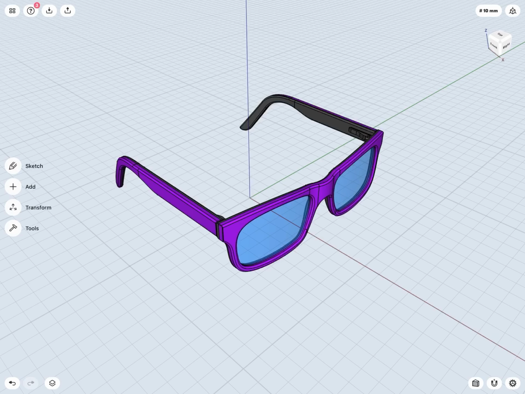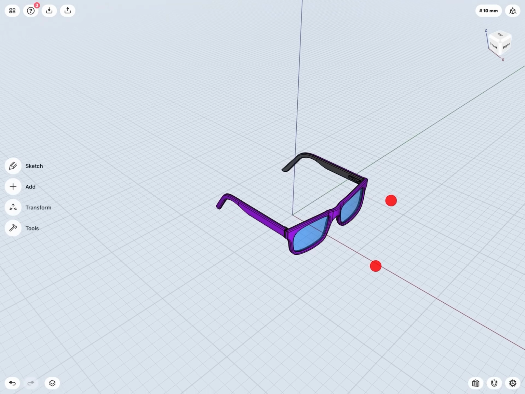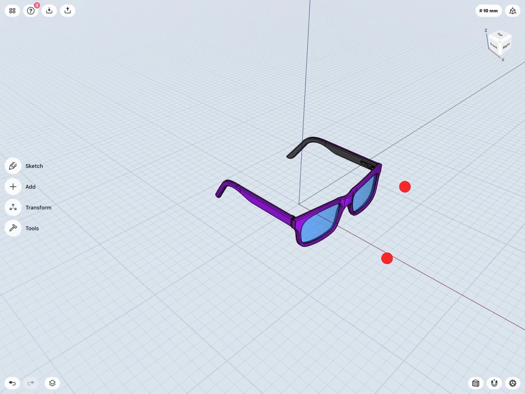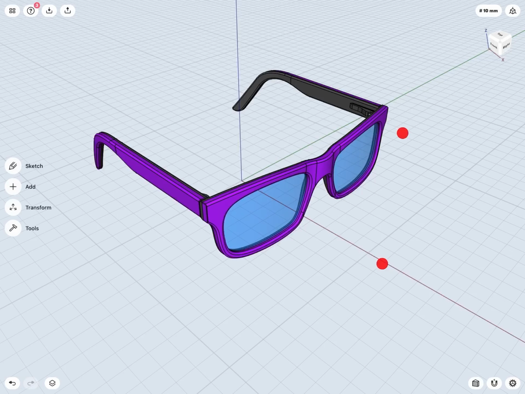The navigation tools in Shaper 3D are really quite intuitive and easy to use, and might be somewhat familiar to navigation tools you've used in other apps as well. So, for example, to zoom in or zoom out of our objects, we can simply press down with two fingers and pinch in or pinch out as we may need to zoom in or zoom out to our objects.